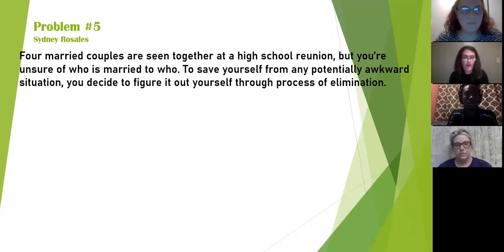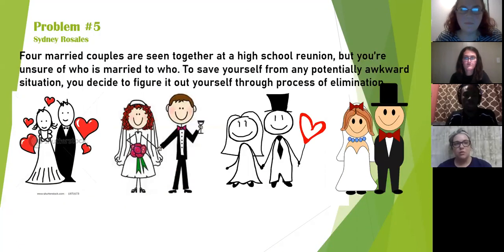if you know just some information about couples but not everything, are you able to figure out who's actually married to who with some clues? Yes, if you have some clues, you can use the process of elimination in order to find out who's married to who. So we're going to do some problems and take a look at that, the process of elimination. So 4 married couples are seen together at a high school reunion, but you were unsure of who was married to who. So to save yourself